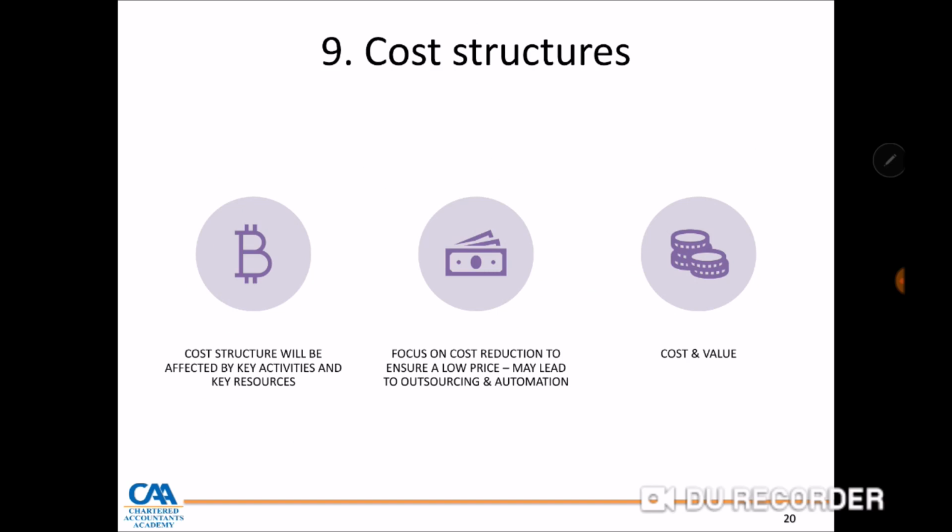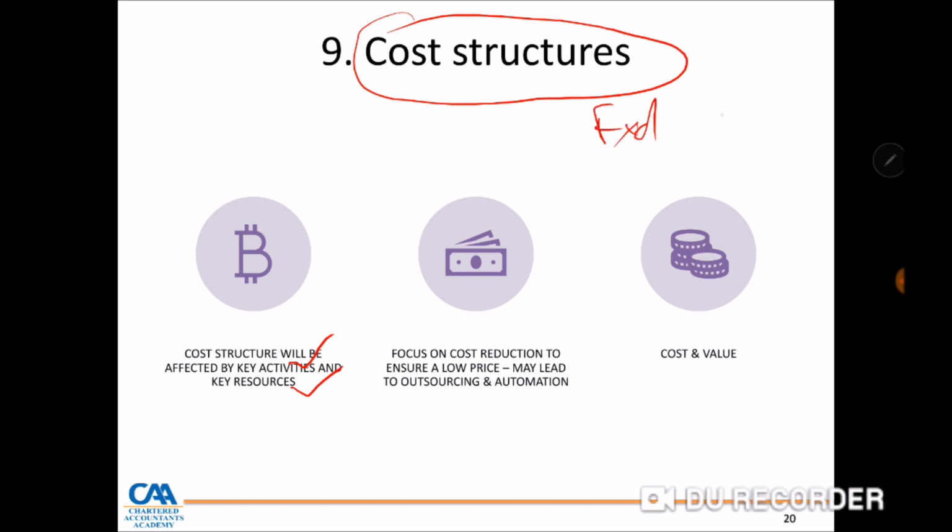building block of a business model is a business's cost structure. And this component is very important. So obviously, cost structures become a function of the key activities as well as the key resources that we are utilizing as part of our business model. And you find that a business is always saying, for the cost I'm incurring, what value am I giving to my customers? And normally it can then be broken further down to saying, from a cost structure perspective, am I going for a fixed cost structure versus a variable cost structure model?